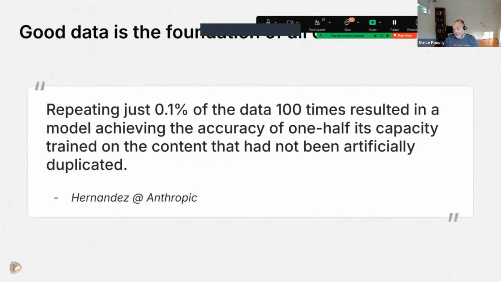And then this is an interesting piece I found from Anthropic, where they just started to mess with the data, right? Like on purpose. And they said repeating just 0.1% of the data 100 times resulted in a model achieving the accuracy of 1/2 its capacity trained on the content that had not been artificially duplicated, right? So that's just a very minor change in the data, resulting in a 50% reduction in model accuracy, which is